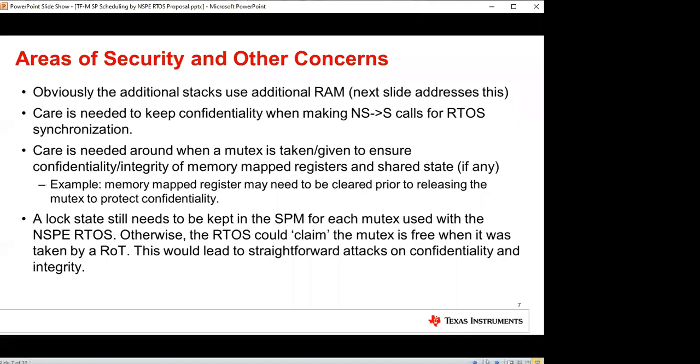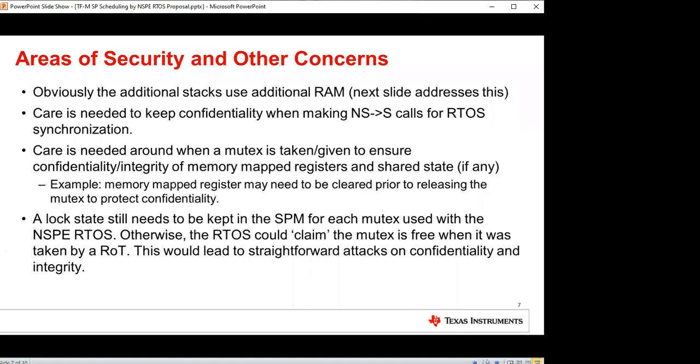Now, a particular implementation of some root of trust service, right, could still choose to put the mutex right at the entry of the code and release it right at the end, right? But now you have the option to kind of move it in if you want. But if you're going to do that, you need to be careful about that. In addition,